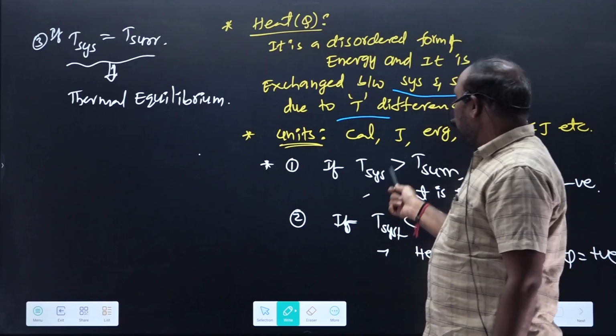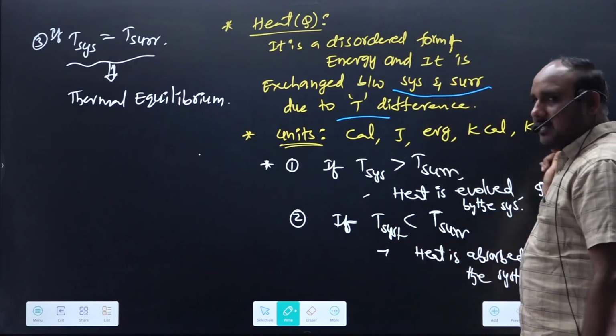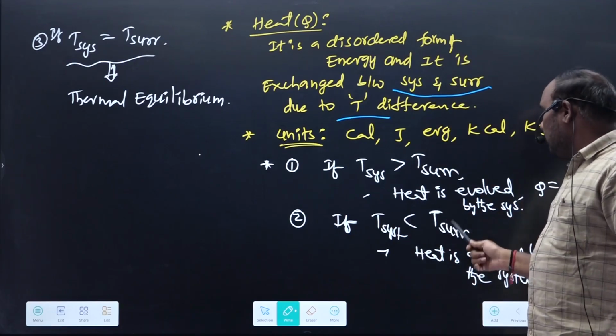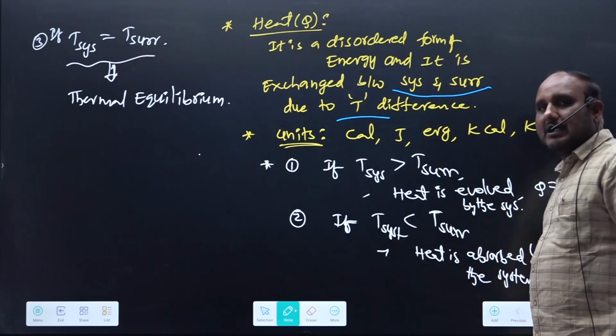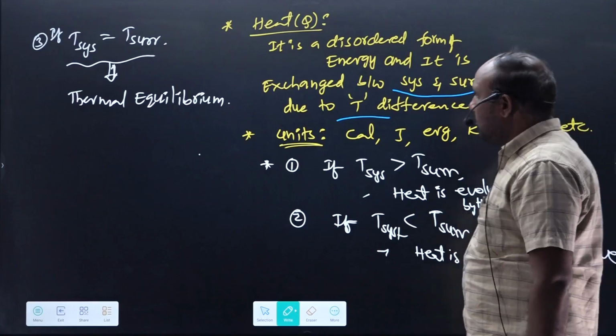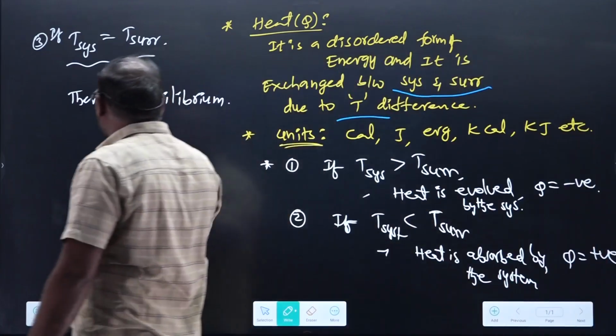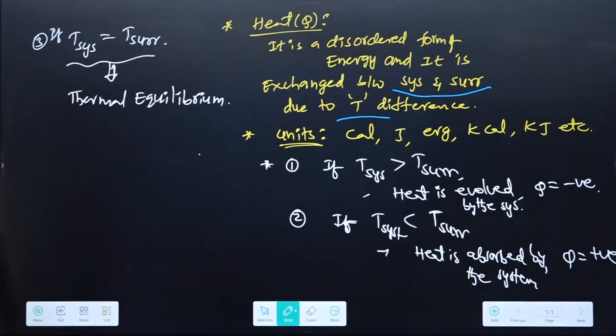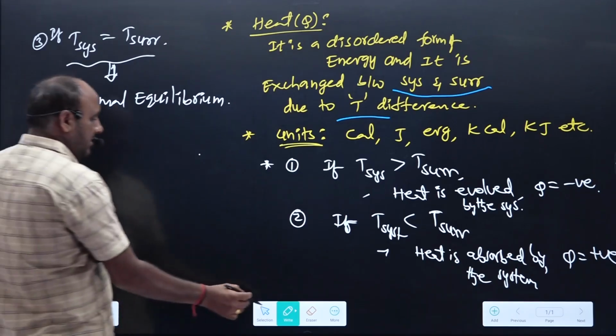If the system temperature is more, heat is evolved by the system, at the time Q is negative. If the temperature of the surroundings is more, heat is absorbed by the system, at the time Q is positive, right? Whenever both the temperatures are the same, that is said to be in thermal equilibrium, right? So this is about heat, right? Similarly, which is correlated with the work factor, right? So then putting work,